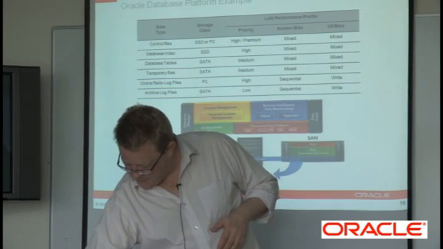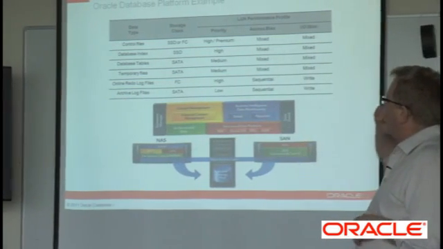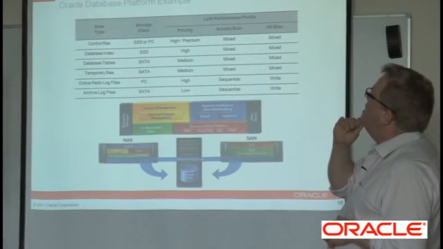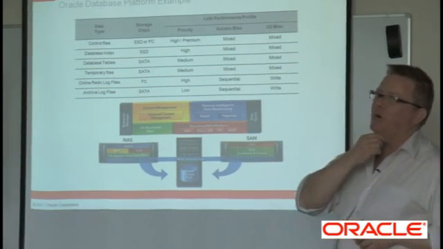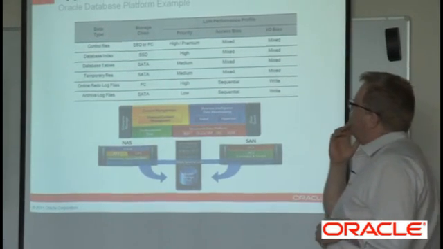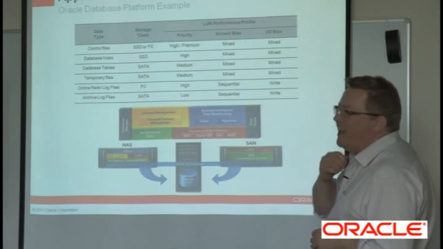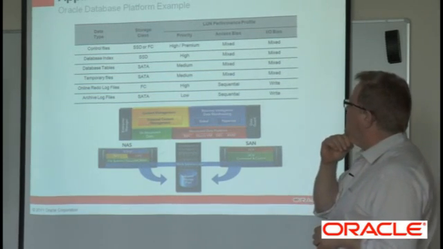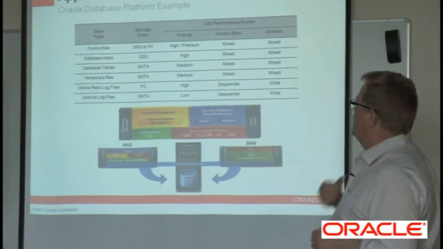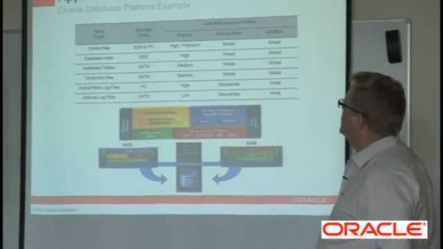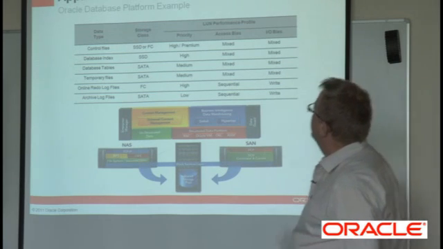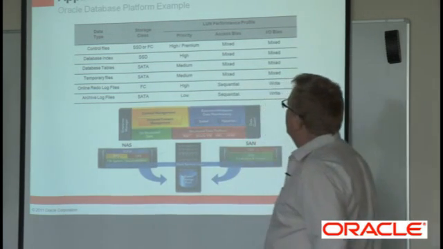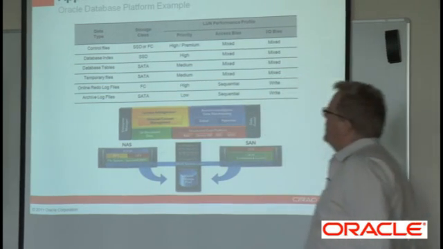Some examples. Where are we going to store our stuff? For instance, here we're talking about a database. Obviously, indexes and control files are the important things, and will be on SSD or FC, fiber. Database tables can sometimes reside on SATA disks. Redo logs, for instance, I'd say SSD also for that. What's your priority on those? High, premium. So the two highs are here and here. Archive log files, don't worry about those. This is for your database. How does it build? What we can also do is, let's say,